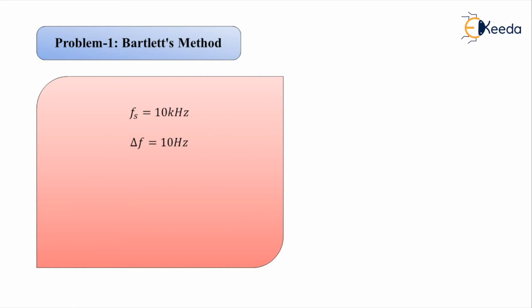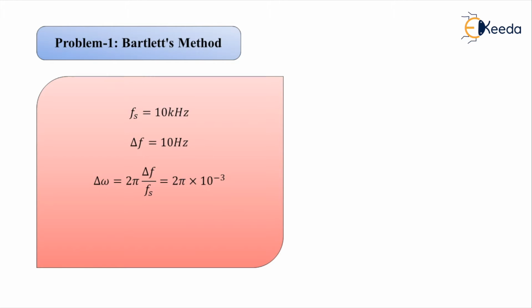We want the resolution in terms of radians. For the simple frequency in the analog domain we use the notation F, whereas for the angular frequency representation it will be omega. Hence the resolution, denoted by delta omega, is computed by multiplying the earlier one by 2 pi. So it will be 2 pi times delta F by Fs. Upon substitution of the values, we obtain 2 pi times 10 raised to the power minus 3.